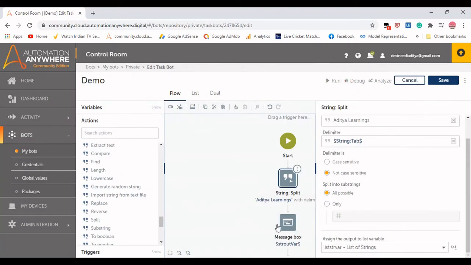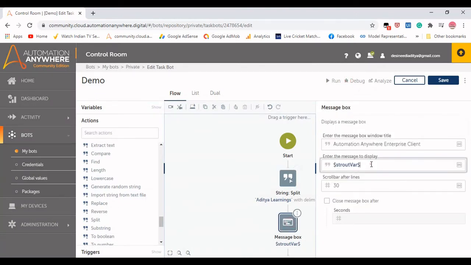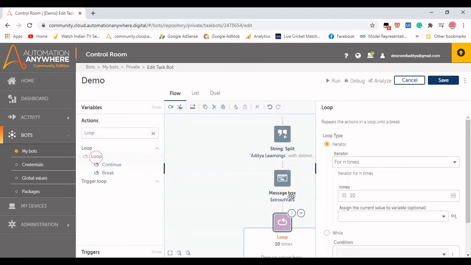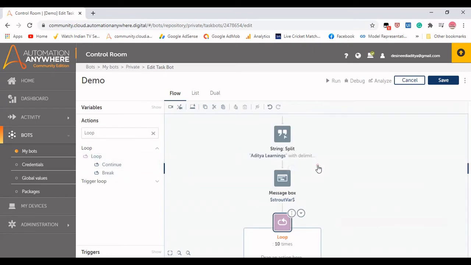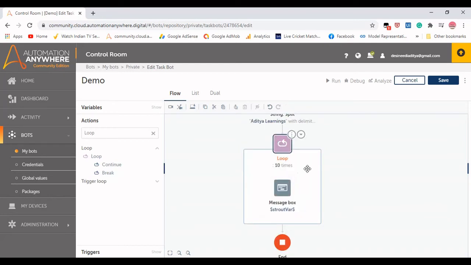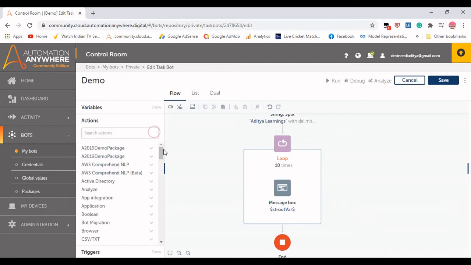So I have a variable, so I use this particular variable, and here you only need a loop. Just take a loop here so that we are able to see what values are coming there. So we need to take a loop, and the condition for which we are taking a loop is for the split.